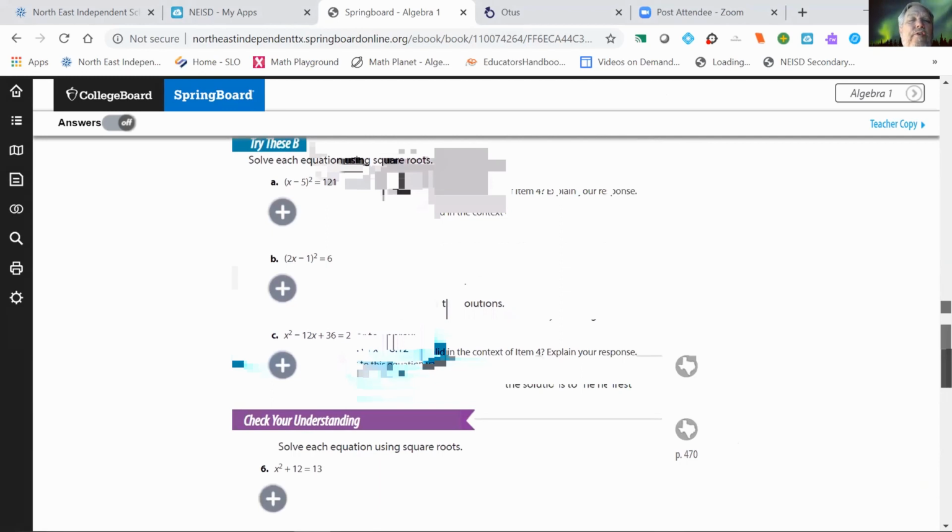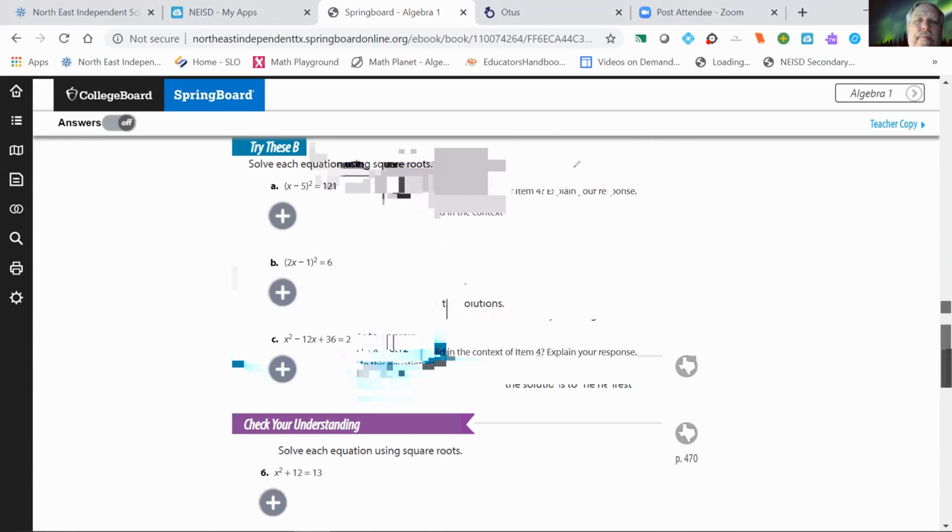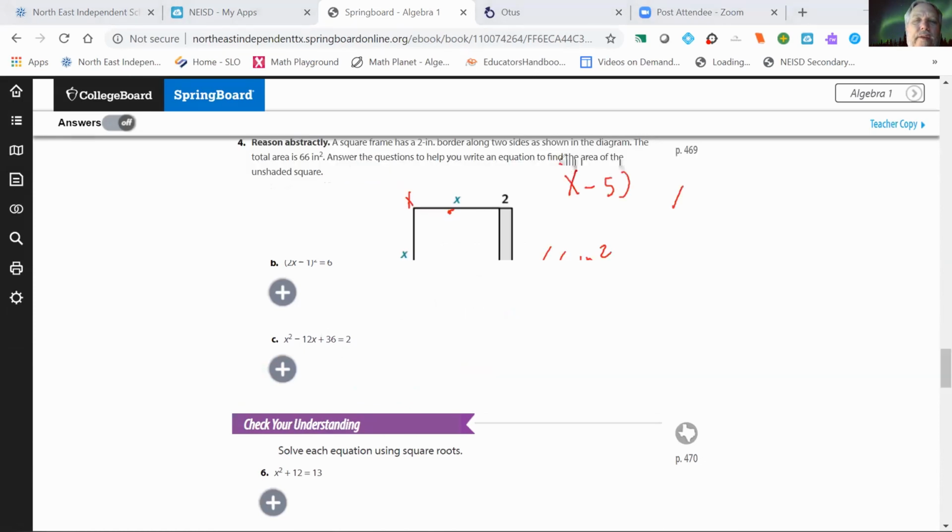B. Solve each equation using square roots. So in this case, we think about this and we say, well, I have x minus 5, all that squared, and that's equal to 121. So what I can do here is pretend that this is just one thing. So I'm going to take the square root of all that. The square root of anything squared is what was in there. Square root of 121 is 11. And then, of course,